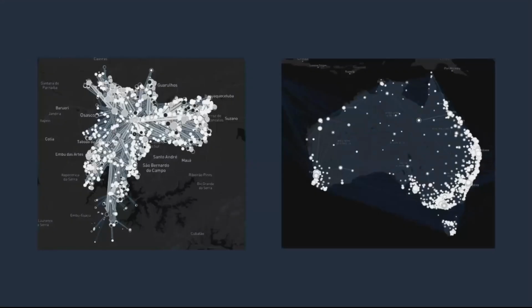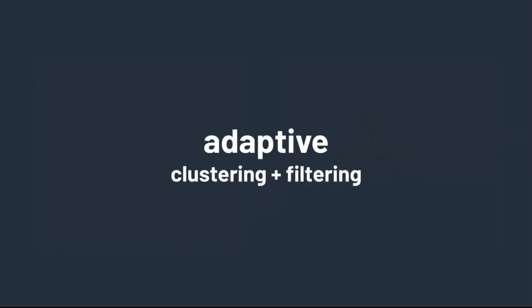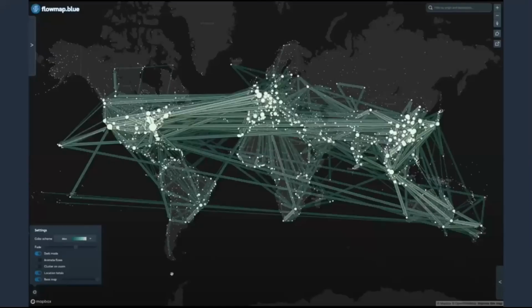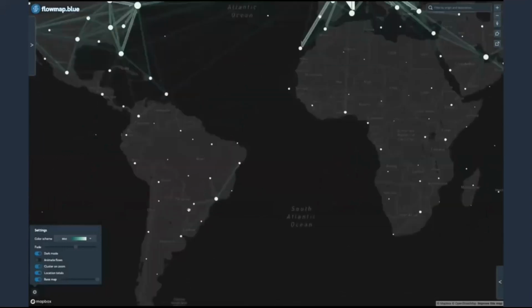So for the two examples I've shown before, this would look like this, much more readable, although we lose the detail. But since we can do the clustering on the fly, and it's pretty fast, and apply adaptive clustering and filtering to the viewport on the fly, we can use interactivity to still see the detail and explore the smaller regions.